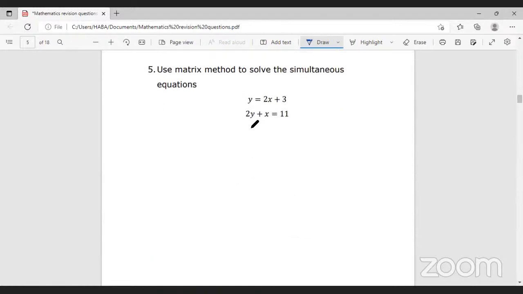In question number 5, we are requested to use the matrix method to solve the simultaneous equations. So to do that, we need to first organize our 2 equations. We can see this is y equals 2x plus 3, then 2y plus x is equal to 11. So what we do, we write terms in x first, then terms in y, and the constants after the equal sign. So we are going to rewrite this as